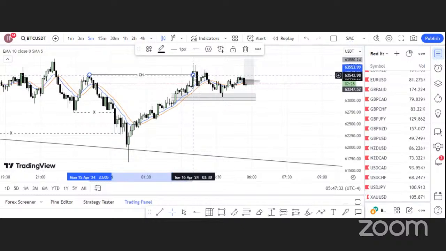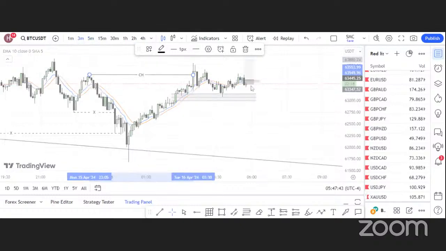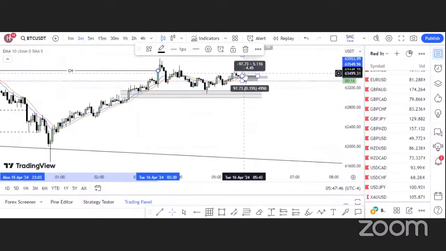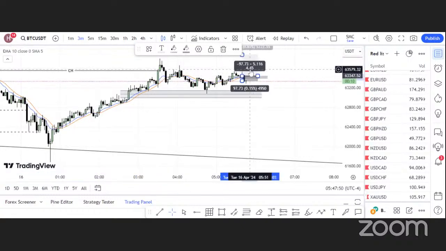And as I've said earlier, the BTC instrument is very volatile. All right. So even though our stop loss was very small, with the market movement, you see,